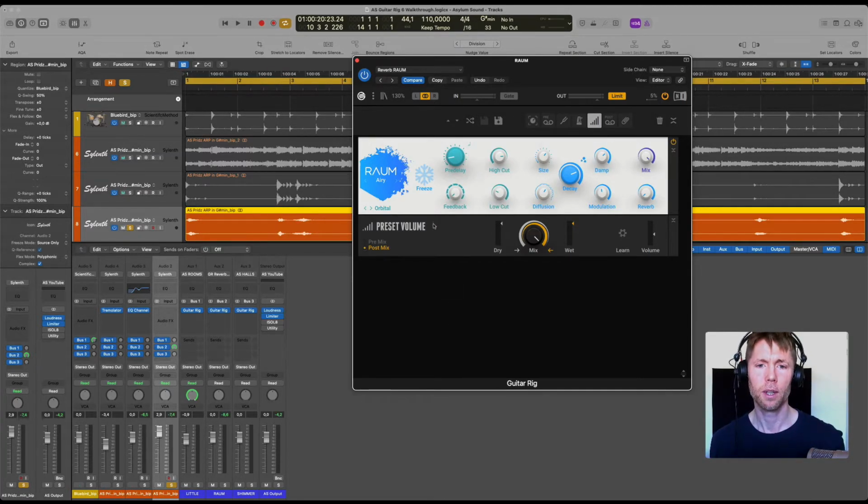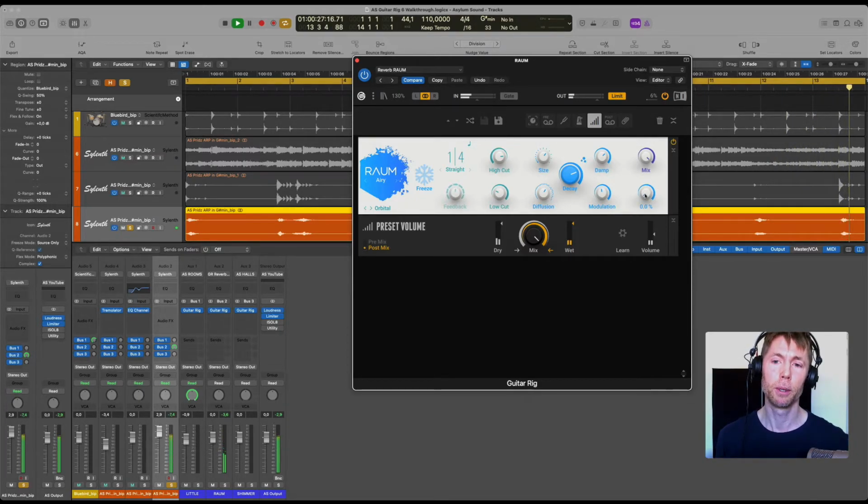Let's see what that sounds like. Very short delay time here with 5 milliseconds. Just bump up the feedback. Let's sync this to host tempo. Quarter notes. Okay. You got a delay. But then if you mix that with the reverb,